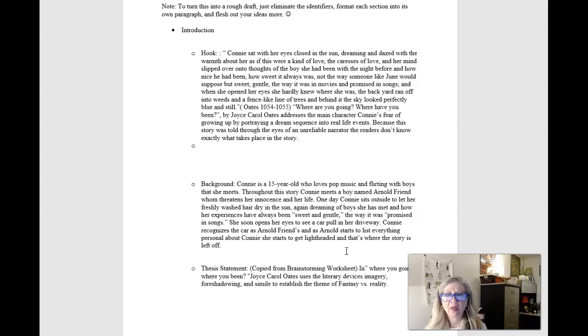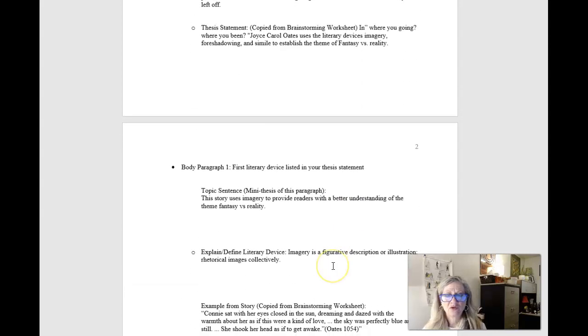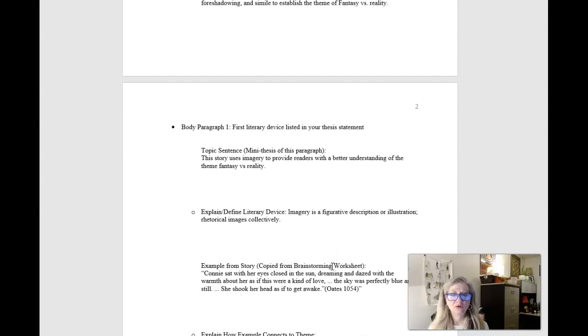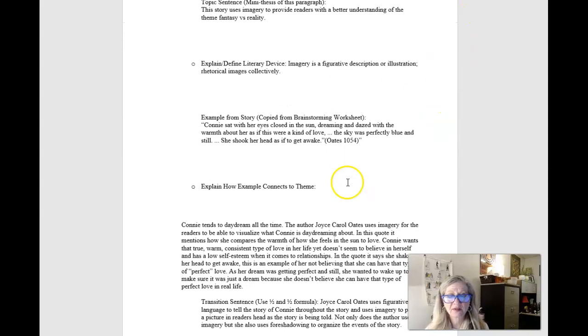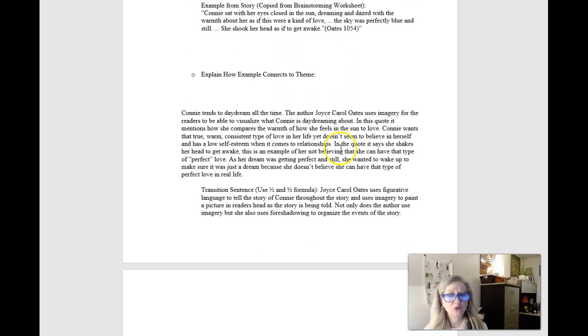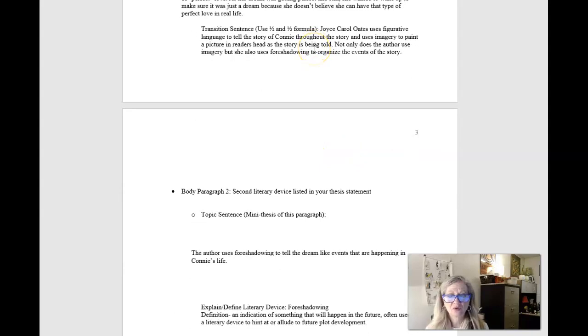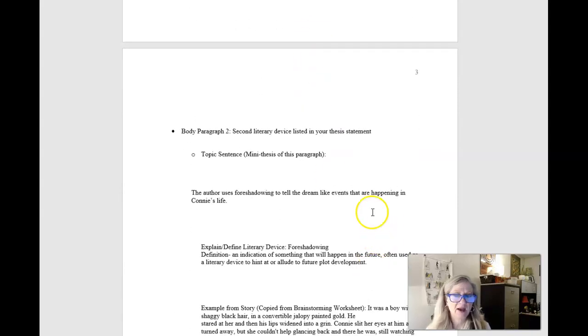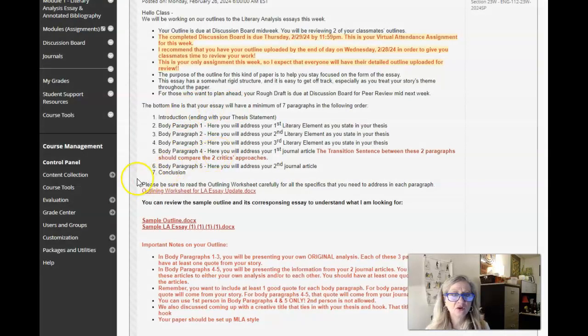You can have a little less information, but you want to show on your outline worksheet what you intend to do. You want to pull your quotes that you intend to use. You want to explain in your outline how you intend to use those quotes, what those quotes are going to do for you, so that your classmate can understand what you're doing. You're going to include a rough topic sentence. You're going to try to show how those quotes connect to your theme, and you're going to show how you're going to transition. So you're going to fill this worksheet out, and then you're going to upload it